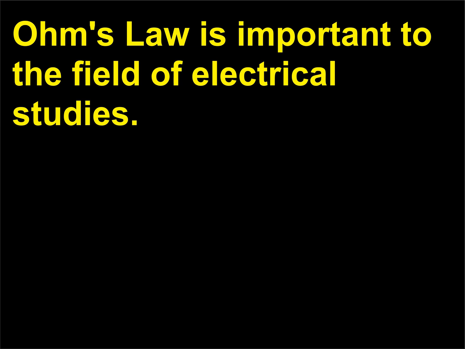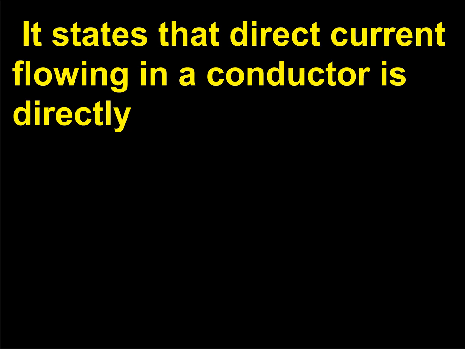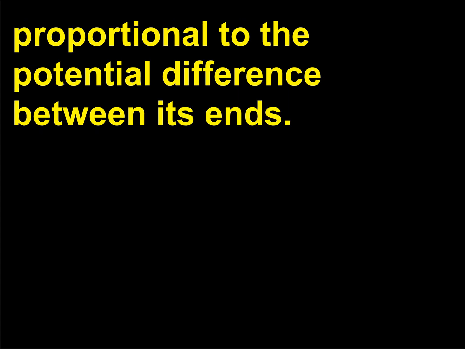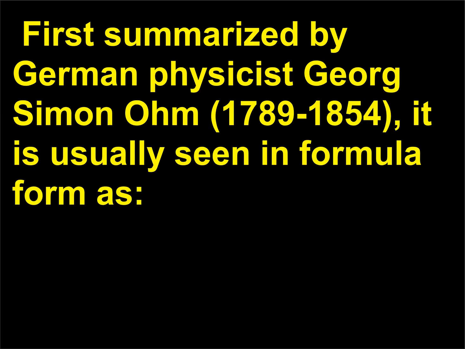Ohm's law is important to the field of electrical studies. It states that direct current flowing in a conductor is directly proportional to the potential difference between its ends. First summarized by German physicist Georg Simon Ohm, 1789 to 1854, it is usually seen in formula form as